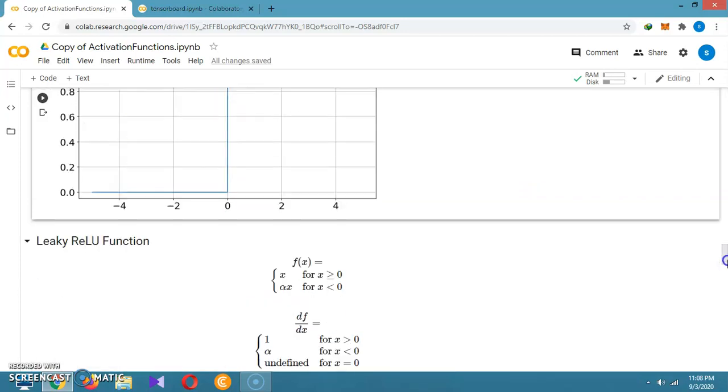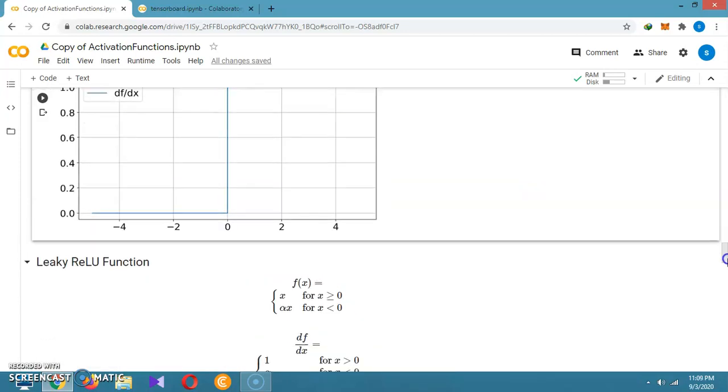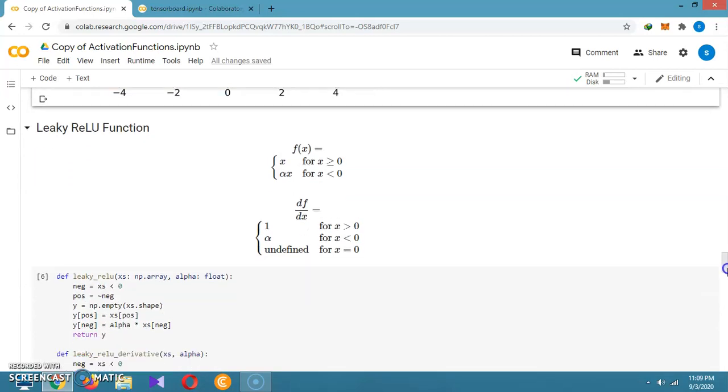It is very hard to understand that one. That's why we are taking the derivative, to make it easier to understand.